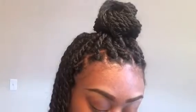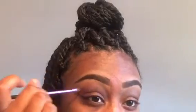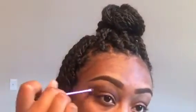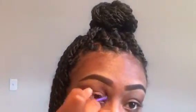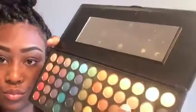Okay, so now I'm getting into my eyes. I'm just doing a pretty simple 3 different color eye look on my eyes today. I'm not gonna do like a cut crease or anything fancy. The brushes that I'm using are Real Techniques brushes. It's a 5-piece brush set that comes from TJ Maxx for about $4.99. And I started with just a dark brown color, as you saw, for the upper eyelid, and then